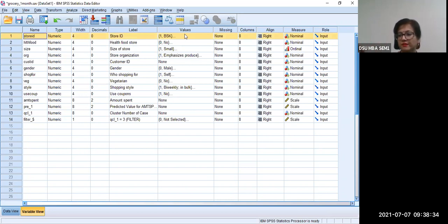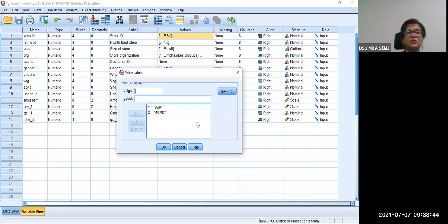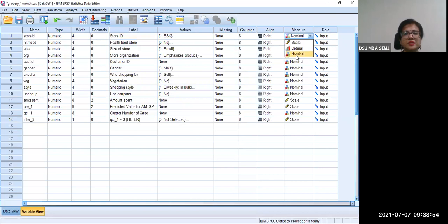I'm highlighting it on the screen. Do tell me; my test screen was showing that it just takes a little bit of time. Store ID was in the form of, what was the code that was used? 1 Banshankari, 2 MG Road. So what is the scale here? It is a nominal scale, so here you will select nominal. When you do this, it enables certain operations which are only possible for nominal scale, and they will not be considered for interval scale analysis. So this is what you need to define.